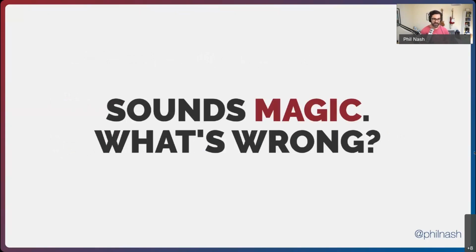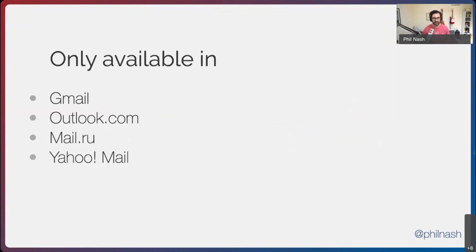So this all sounds pretty good. I think this AMP email has this potential to be really good. There must be some things that are wrong with it, right? Well, firstly, if you're not a user of Gmail or indeed Outlook.com, Mail.ru, or Yahoo Mail, then you probably won't have seen some of those experiences that I just showed, because AMP email only works inside of those. And these are the web clients for these. So Outlook.com, not Outlook on the desktop,